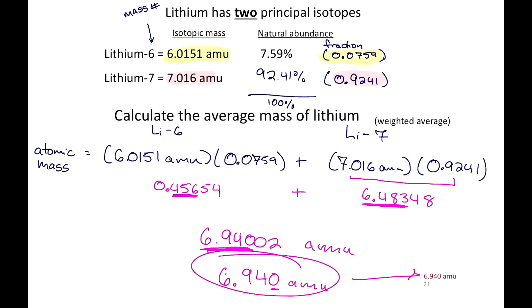Where is this number important? 6.9 whatever. Well, where will we find that number? 6.94, on the periodic table. Look at your periodic table. What does it say for lithium? 6.94, I think. So we're just off a little bit at the last sig fig. So we just calculated the atomic mass that comes from our